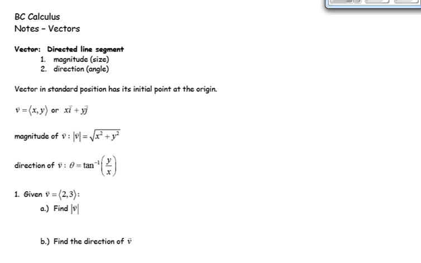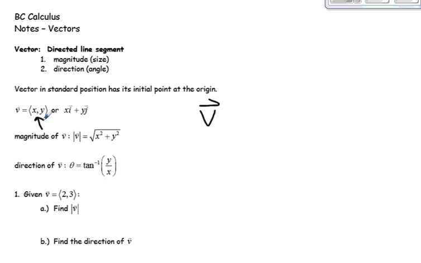Now there's two ways that we can represent a vector. I tend to like one more than the other, but I want you to be able to see both. So when we notate vectors, this little v has an arrow on the top of it, so that's how you would know that we're talking about a vector. And then how we write them, we can write them one of two ways. We can write it in this form, which is actually my favorite, with the chevrons, the angle brackets,